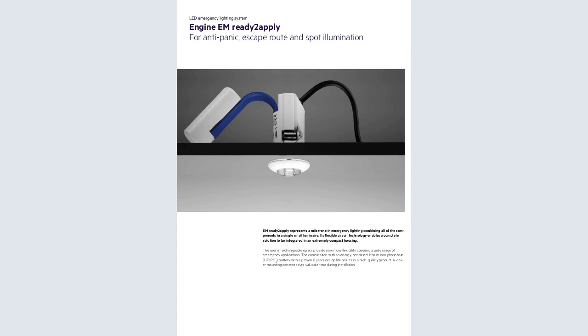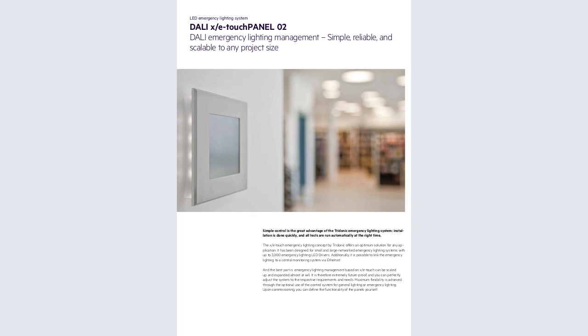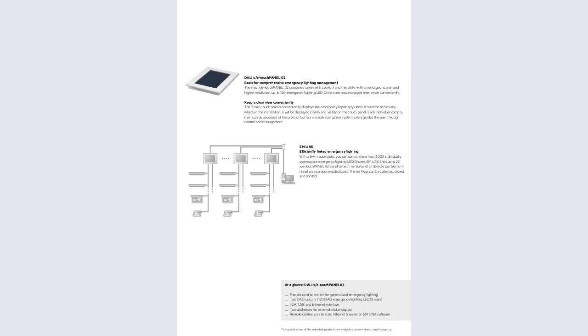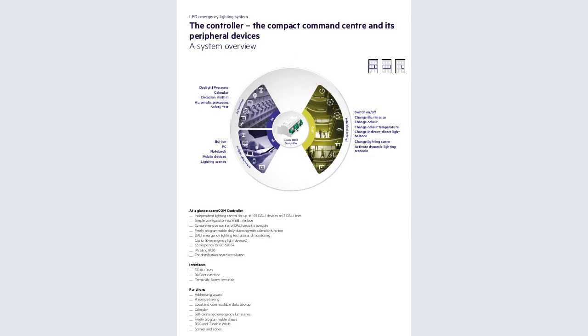So these are notes that I've already given to you. This is how the emergency lightings will look like. You can see these are other examples of pictures of already installed emergency lightings. These ones are another, they are called anti-panic escape routes and spot illumination. These ones are put at places like corridors and other places that need special lighting. You can now see the way they look like. Those are other emergency lightings and the signs that we need in the emergency lighting. So up to that point,